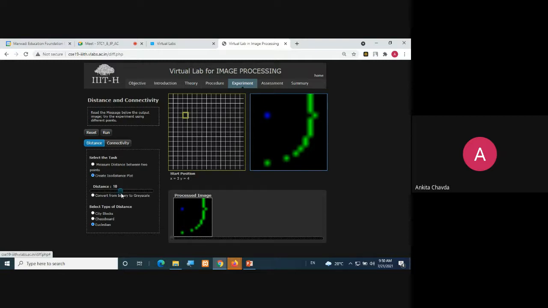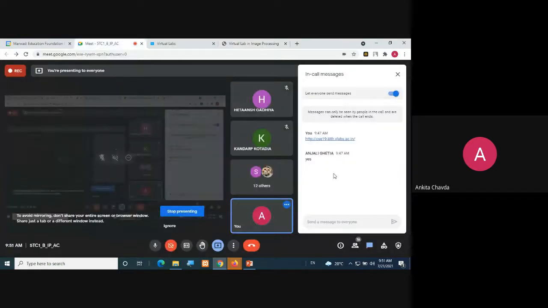Create the ISO distance plot. They are showing you your whole image in terms of pixels. So check the different things. Okay. Do the first experiment if you have not yet done. Please do it. Open the virtual lab and do the first one.